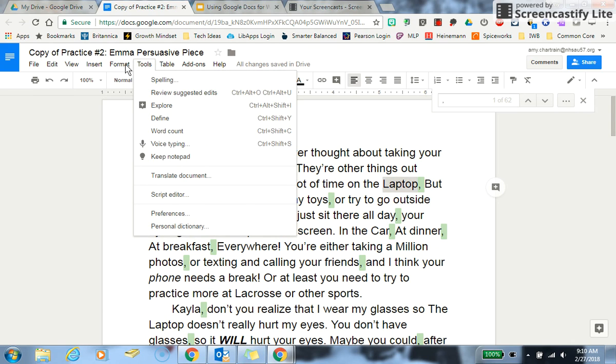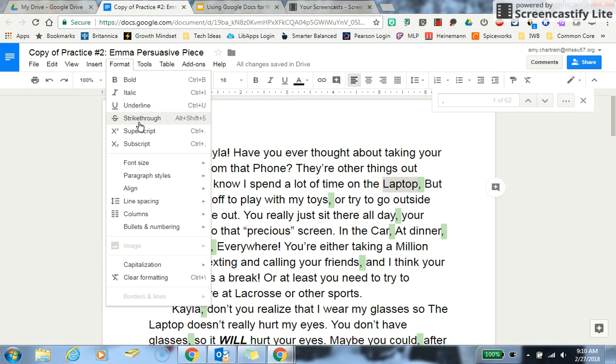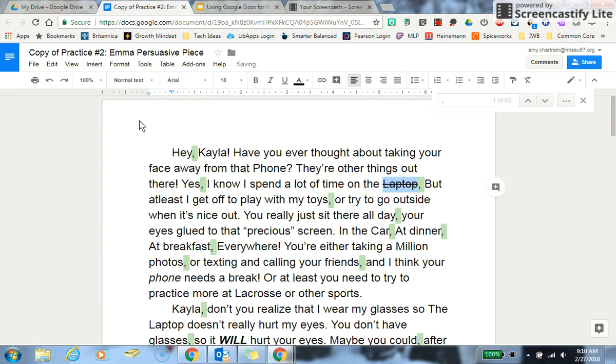And if I go to format, I'm going to click strike through so I can cross it out. But I don't want to just cross it out. I want to add a comment. I'm going to click right here where I want to add my comment. I'm going to insert a comment